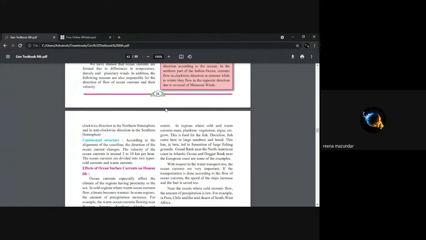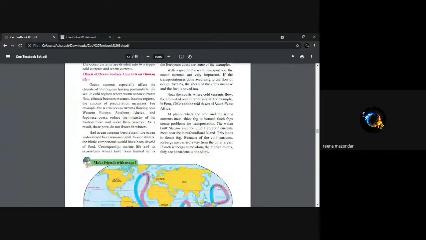जहाजांना. So if a ship is traveling, then we find that icebergs are carried away from the polar areas. What are icebergs? Icebergs म्हणजे ते मोठे मोठे जे असतात ना, what we can call blocks of ice,